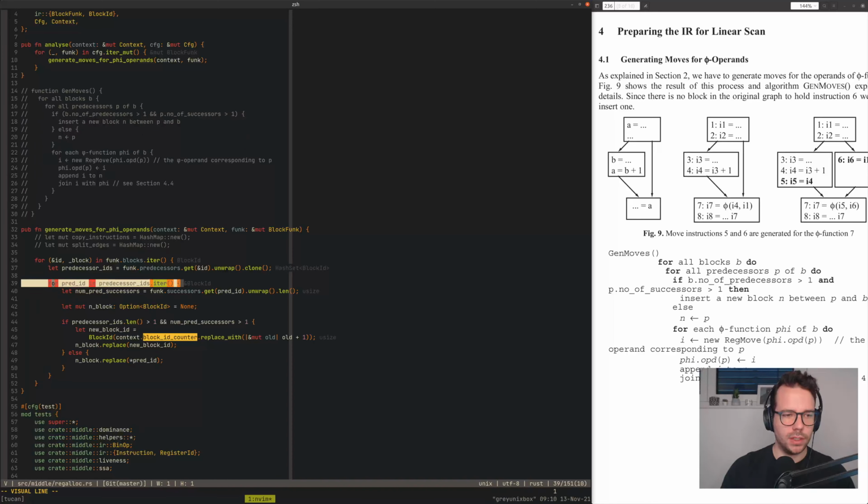We go through all the predecessors, which is this, for all predecessors P of B. And then we want to insert a new block N between P and B, or N is equal to P. So we want to find out in which block do we have to insert the move instructions. And if the block, like this, has multiple predecessors, we need to split the edge and insert a new block in here. And I'm not sure whether I can use my existing logic, but I think I might be able to. Then we insert a new block, and say this is the block. The problem then, of course, is this. Because we need to insert